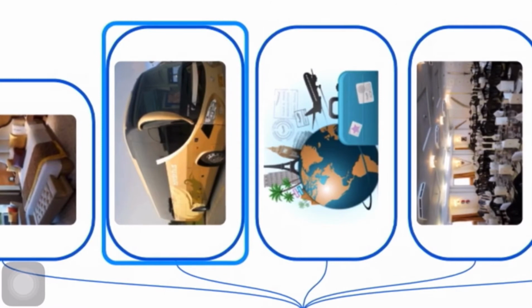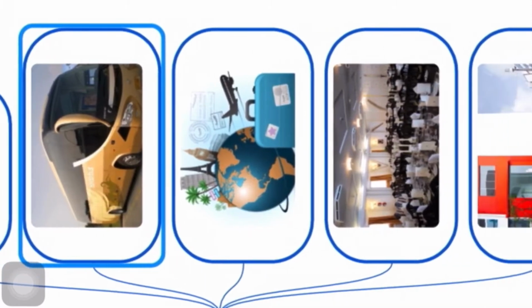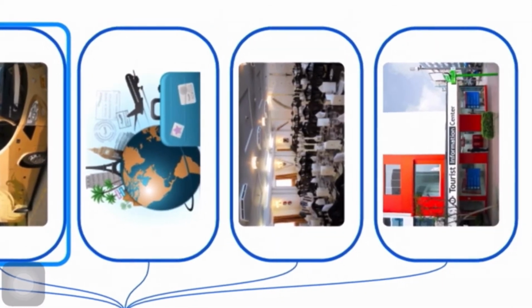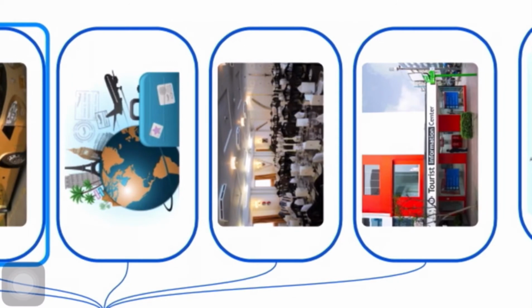In the tour operator, we need it because if we want to travel by ourselves, we just need to contact them. In the restaurant, we have food and beverages. If we want to eat something, we can go to this place. Tourist information center. In tourist information centers, we have the opportunity to ask for information.